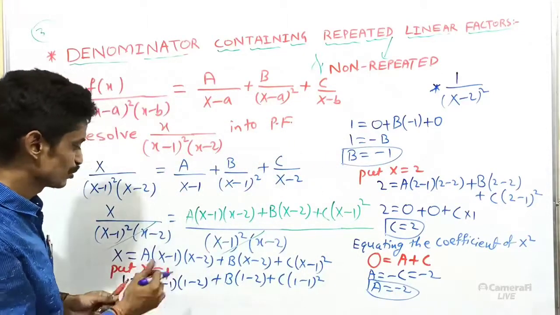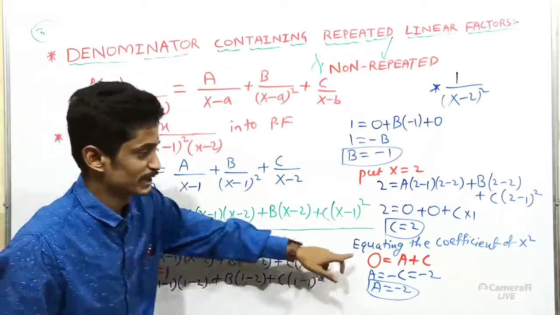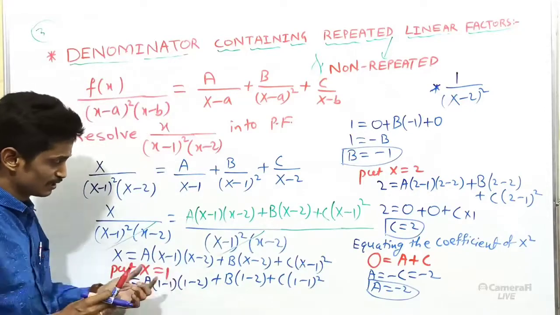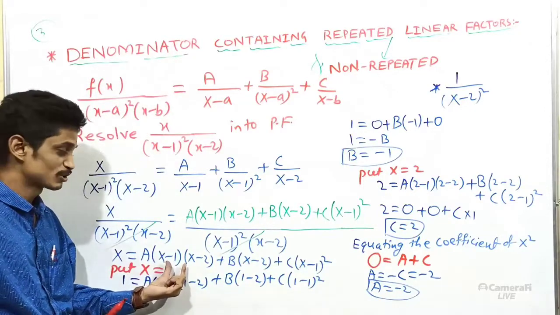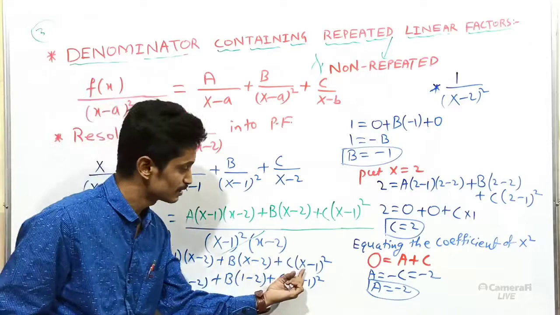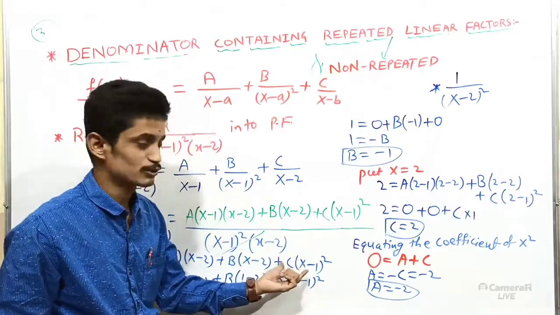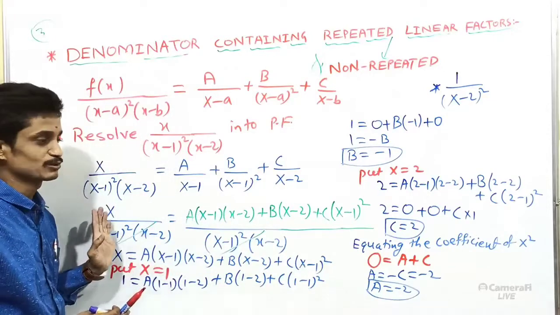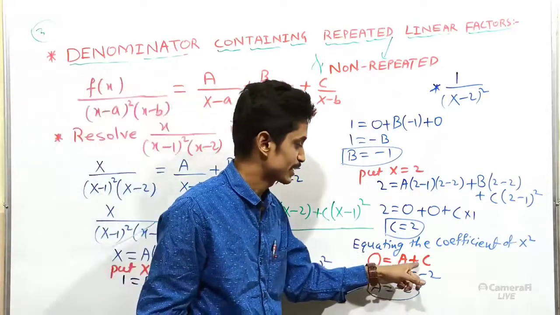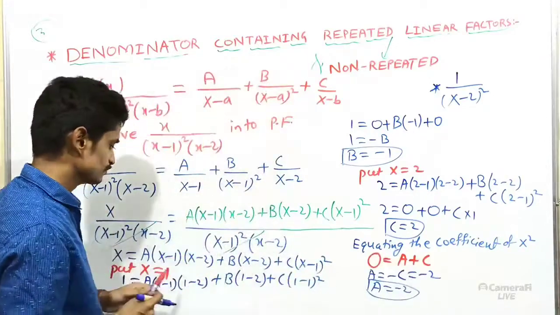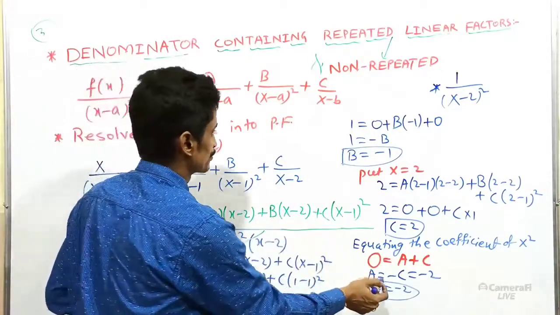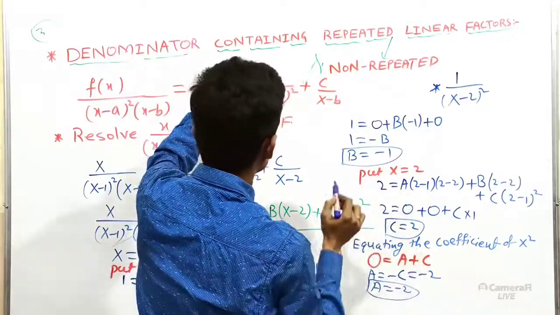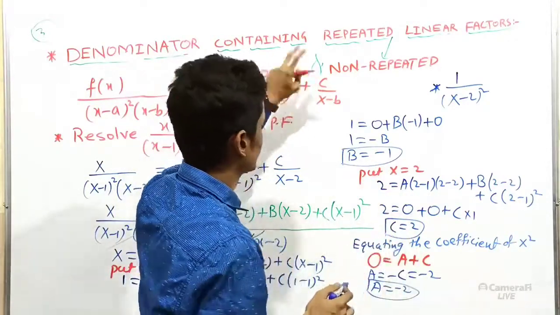Some students will get confused here to get the value of a. Don't get confused. If you are getting any confusion, once you remove the bracket, you will get the standard equation. Here this one also you can expand, then you will get the standard equation. At this time you can choose the coefficient of x square, then you will understand how I get a plus c. Okay. Now a value becomes minus 2. Here b value becomes minus 1 as well as c value would be 2.